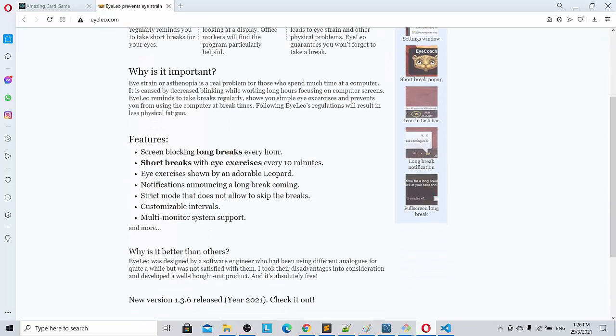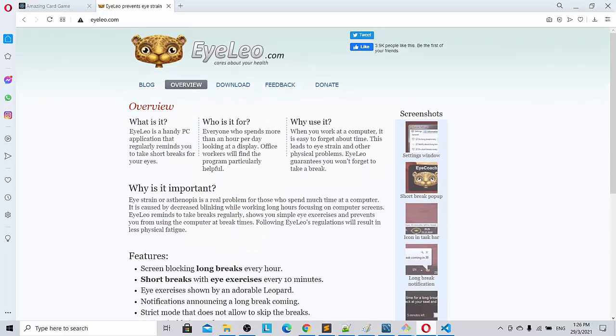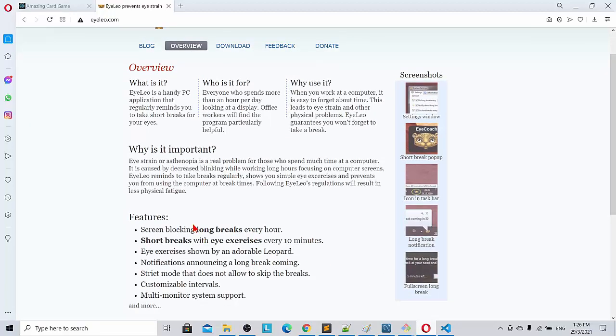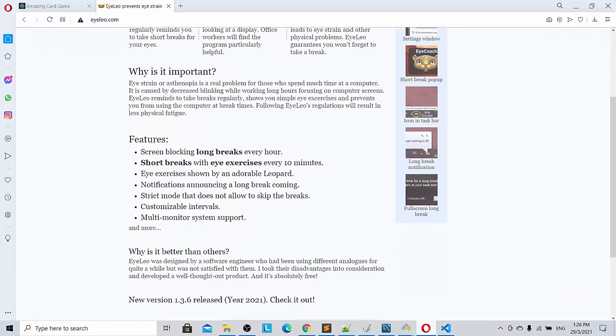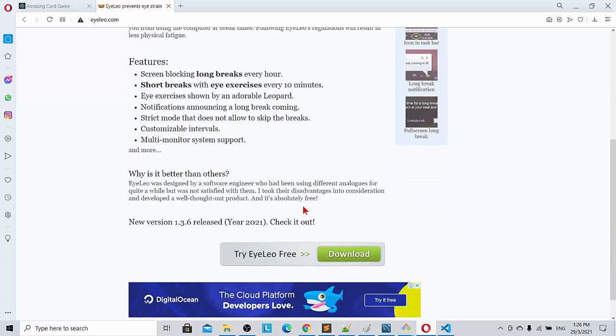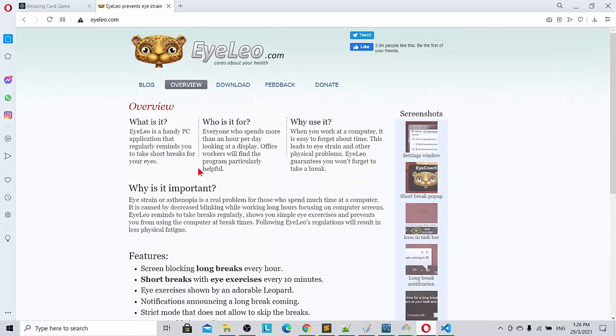So what are the features? Screen blocking, long breaks every hour, short breaks with eye exercises. Eye exercises shown by an adorable leopard. So we have the leopard here, very adorable leopard, beautiful guy. And following iLeo's regulations will result in less physical fatigue. That's very important. There is also a strict mode that does not allow you to skip the breaks. So you have a lot of settings here. So go ahead to download